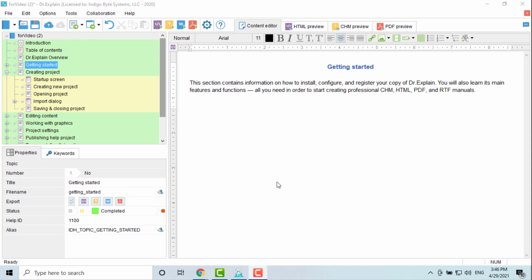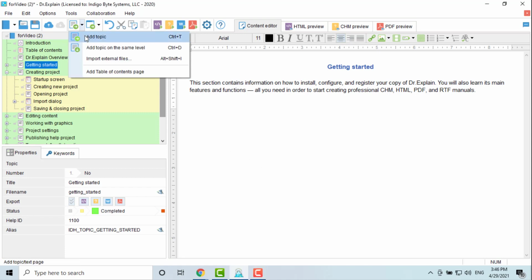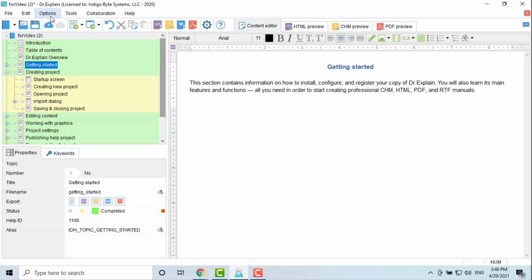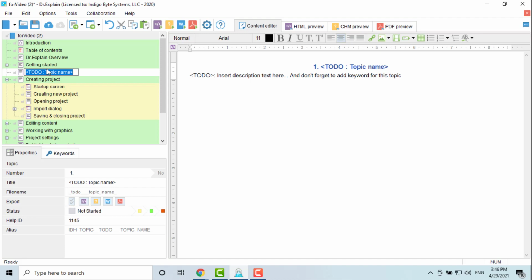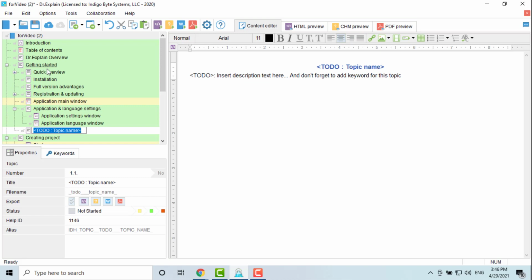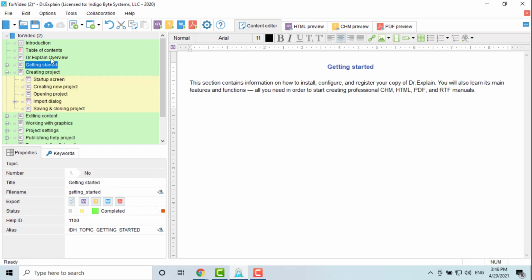Adding topics is the most common action when working with the table of contents. There are several ways to add a topic to the project tree. You can use the buttons on the main toolbar, the commands in the main or drop-down menu, as well as the keyboard shortcuts Ctrl-T and Ctrl-D. If the input cursor is in the tree, then it's easy to add topics to the same level with the Enter key, or inside, as a sublevel with the Insert key. This is very convenient if you need to create several topics at once in the list. You can also add topics by importing data from external files.